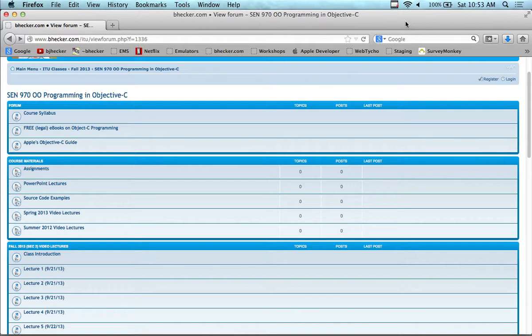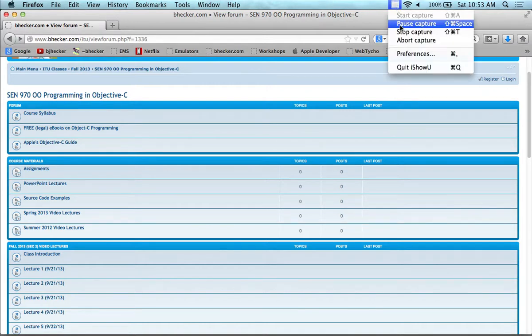Lucky number 14. On Saturday the 14th, we have number 14. Yesterday was an unlucky day, Friday the 13th. ITU had their holiday party on Friday the 13th. Yes? Oh, hold on one second. Hold on one second. Pause it.